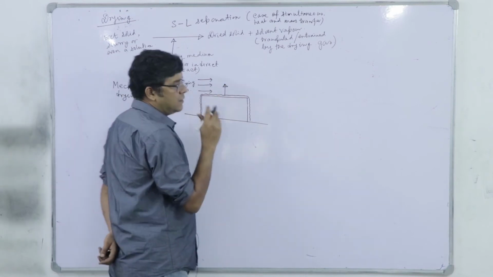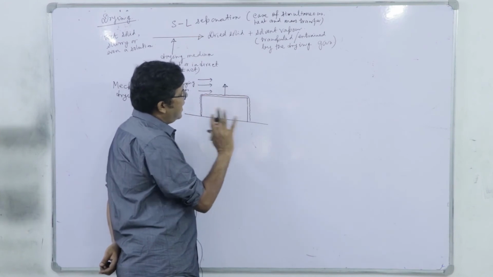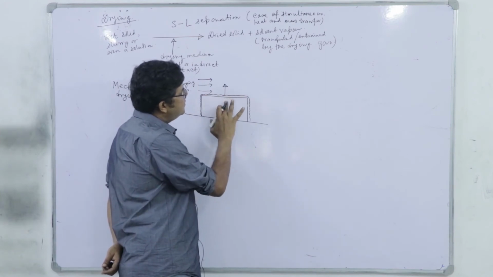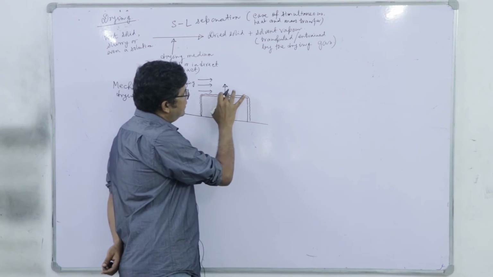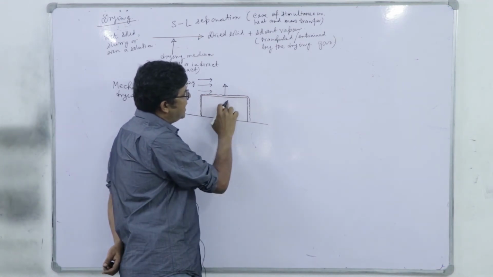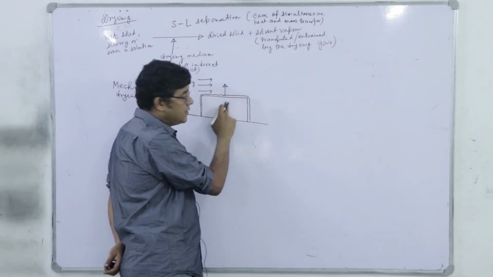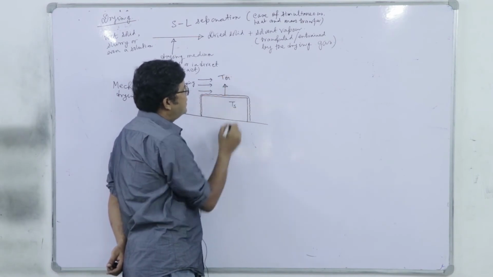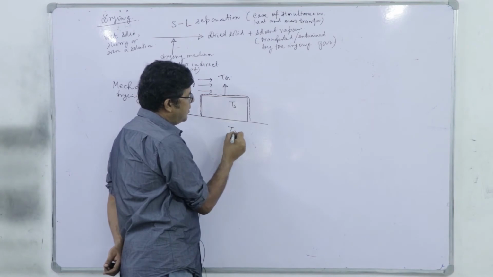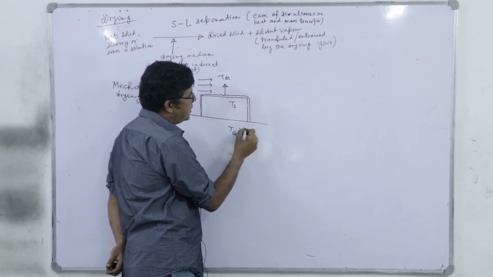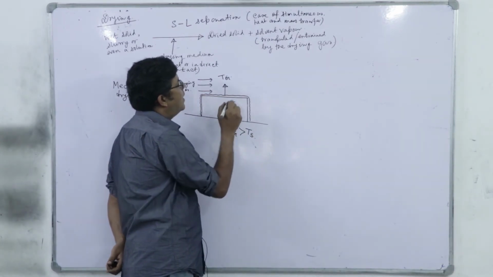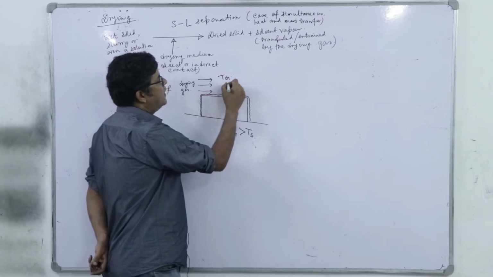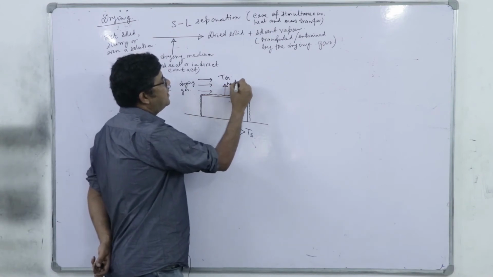Okay. So this evaporation actually will do what? This evaporation will take up the latent heat from the block itself. So the temperature of the solid Ts and temperature of the gas Tg. So at equilibrium, this Tg is greater than Ts. Okay. Why? Because there will be heat transfer,